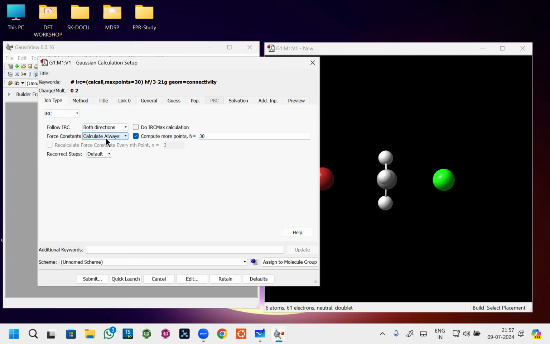Then force constant, calculate always. Then you just activate this compute more points and then keep an. It is up to you. You can go with the 5 or you can go with the 10. So if you go with the